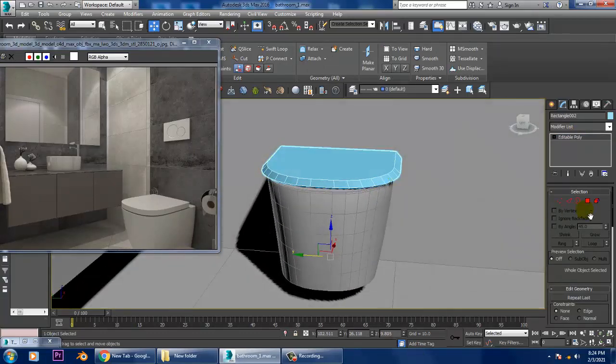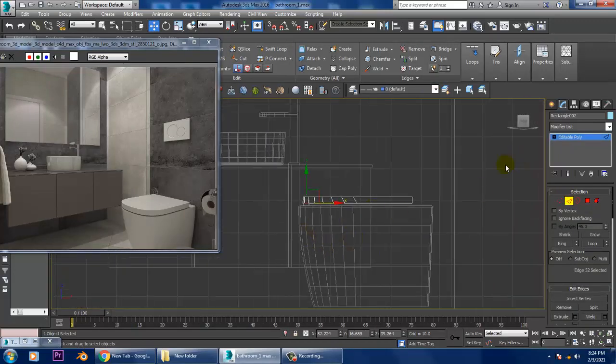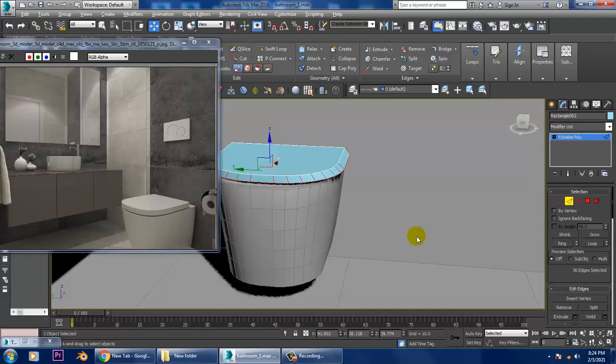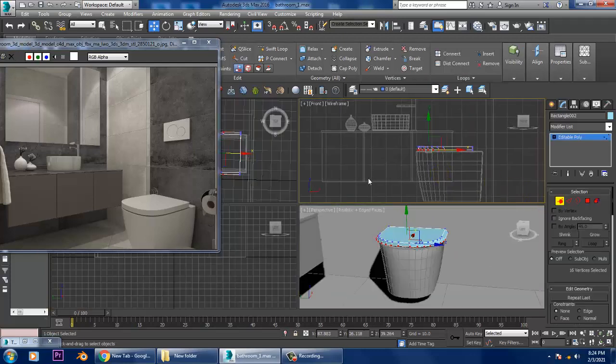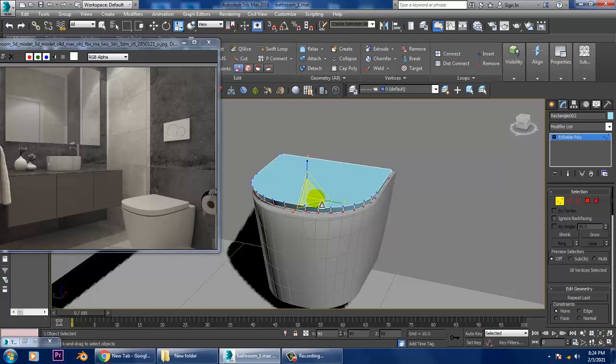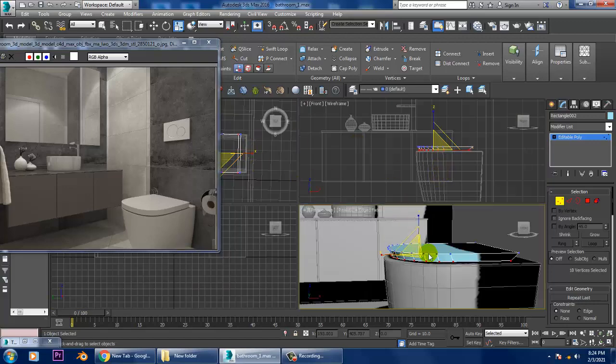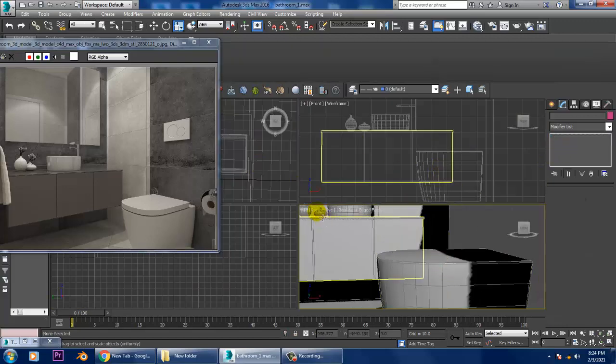So just make it more straighter, or else just delete that.